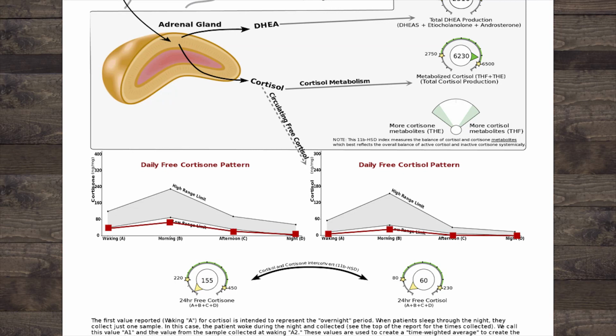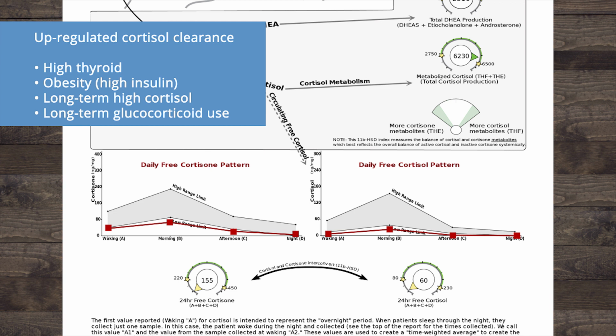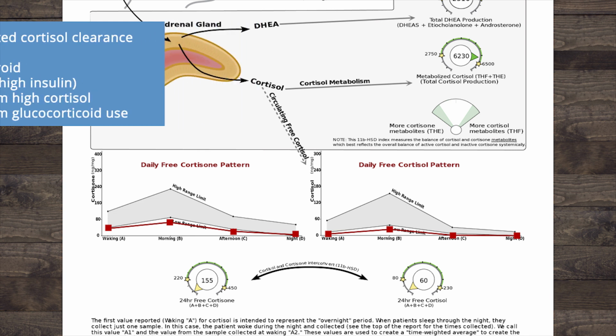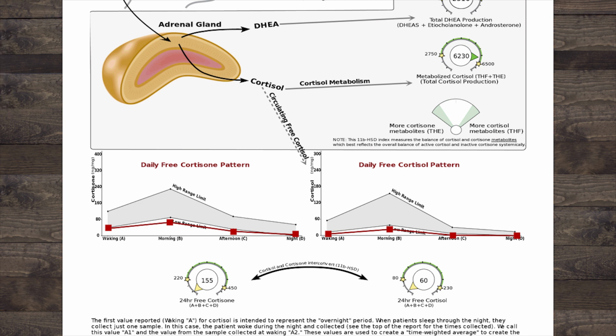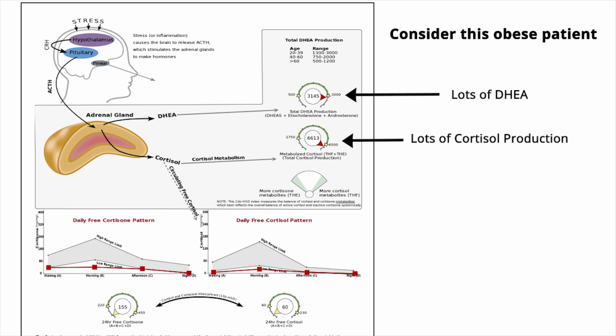If the metabolites are normal, you have normal cortisol output and low free cortisol. What is that a picture of? That's a picture of elevated cortisol metabolism or clearance. When do we see that? The most common cause of that is probably obesity, but you can also see it in people that are not obese, that have had long-term exposure to glucocorticoids, maybe long-term stress where the body's seen elevated levels of cortisol time and time again until the body's actually, as a compensatory mechanism, has sped up its ability to get rid of cortisol. If you're being overdosed with thyroid, that'll lead to this sort of a look, because hyperthyroidism increases the